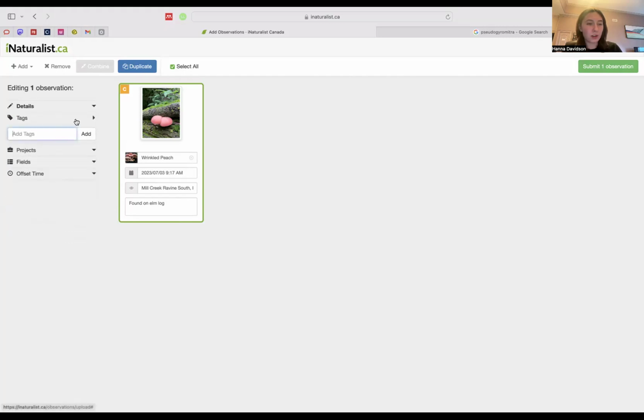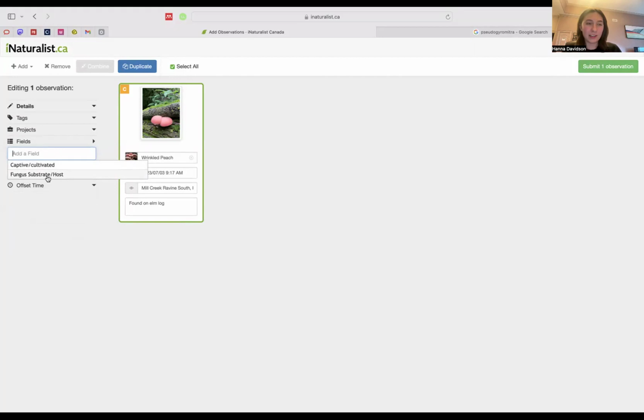You can put these tags on it. You can put whatever you want. You can put like edible. I don't find it's very useful. If I wanted to add it to Alberta fungal biology observations, sure, but I don't because it's not. There's a couple that I pull up. These are projects that you have to purposefully upload to versus ones that are just geographical pulls. So I'm going to ignore those.